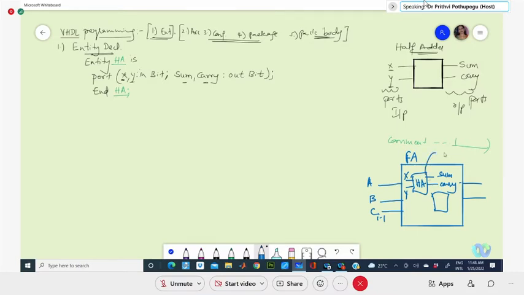If I take this as the entity and that is called into a major design, some other design, so this becomes the components. These components, the original names with which they are called, should be linked with the top level design. That means X is equal to A, Y is equal to B, sort of thing.